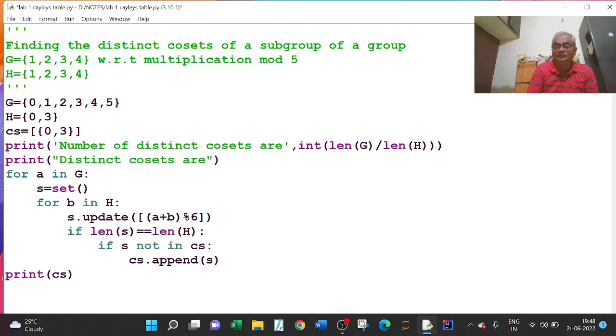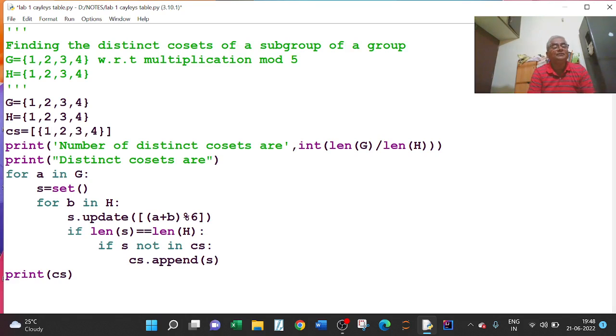So I have to make this 1, 2, 3, 4, and H is again 1, 2, 3, 4. This is also 1, 2, 3, 4.